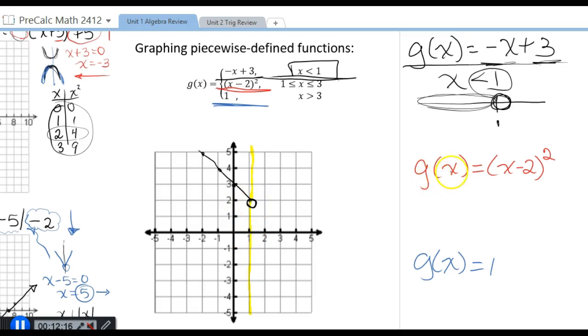The second one says g of x is equal to (x minus 2) squared. That's quadratic, and we know that it's been moved 2 units to the right. Remember what I'm doing here. I'm doing x minus 2 is equal to 0. X is equal to 2, so it tells me that I moved 2 units to the right. So from the origin, I go 2 units to the right, and then I'm going to graph my quadratic parent function, which is over 1, up 1, over 2, up 4, over 1, up 1, over 2, up 4. And we can see that this is